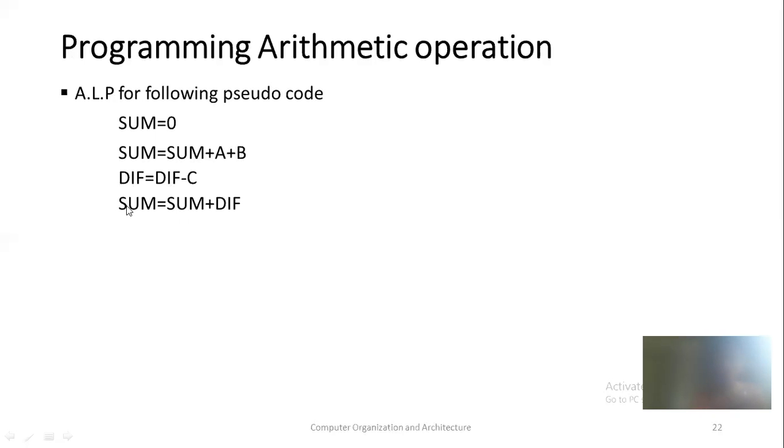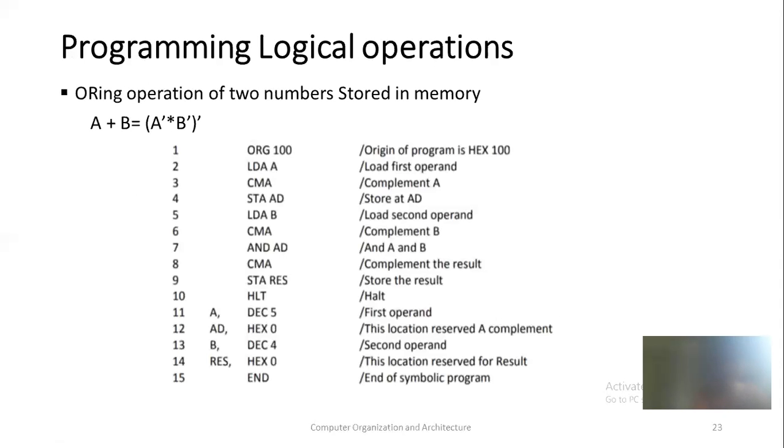Okay, next let me see some logical operations. Here we have been given instructions only for the AND operation, not for the OR operation, and NOT, that is complement, is a NOT operation. Only these primary operations are given. But what if you want to do the OR operation of 2 registers' contents? How can you do it? By using this method you can do ORing of 2 registers' contents.